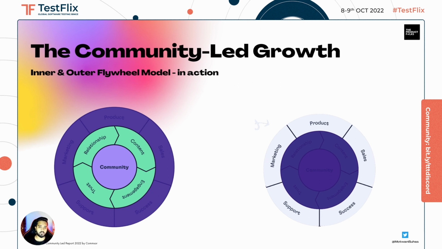On top of this, now what you can do is bring in where your product team, your sales teams, your marketing teams can work together with your community, right? So imagine in the case of product, your product managers and your product teams should always have a customer centric approach to building product. This is something we all agree. And where better to interact with your customers than your own community, right? So build with your community, not for your community.